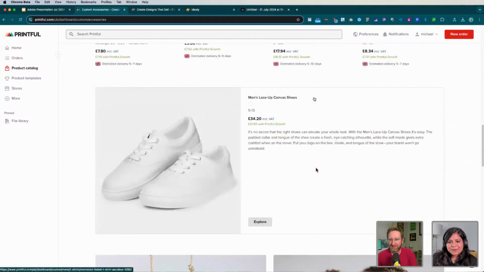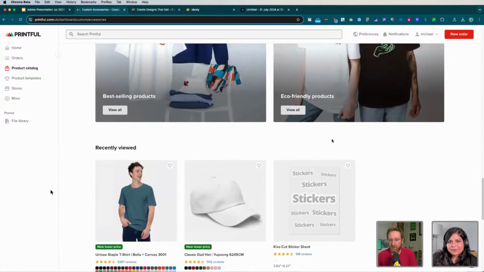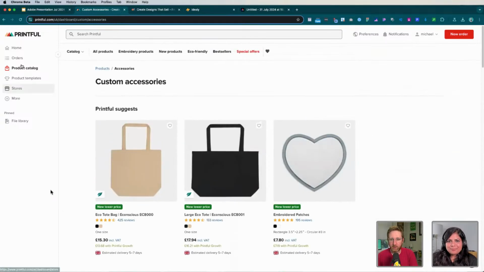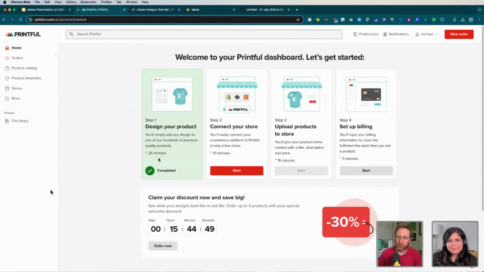Someone in the chat, Clever, asks if you check prints for accuracy as compared to mockups. I think that would be when you order a sample. Exactly. So if you're new to Printful, like I said, you get this discount to order a load of sample products. So I would recommend you do that, especially if you're going to be selling them and that's your long-term plan. You want to make sure that you're happy with the print quality, and you can obviously check it out on different products. I recommend everyone does that.